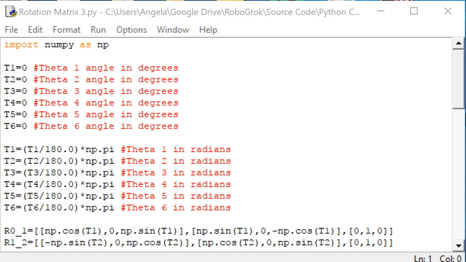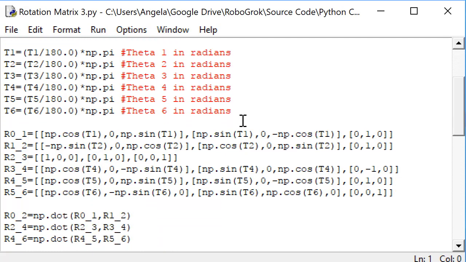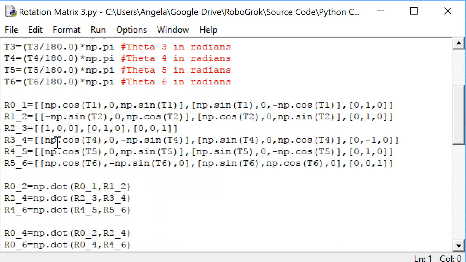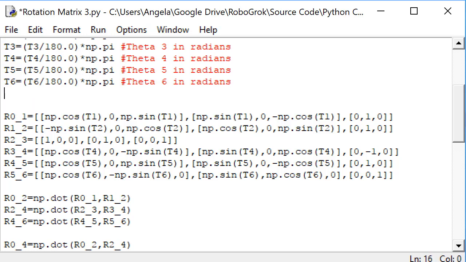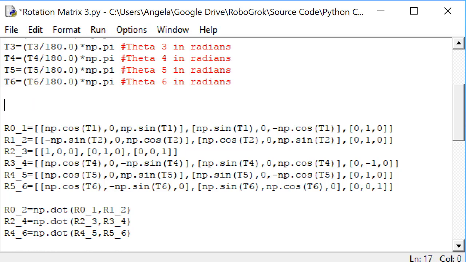I'm going to start with the code we had previously. Previously, we had these theta angle definitions, and they are in units of degrees, and then we convert the angles to radians. Previously, the next step that we did was calculate rotation matrices. This time, instead of calculating rotation matrices, the next thing I'm going to put here is the parameter table that